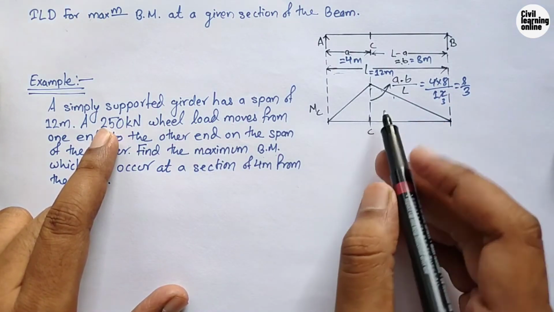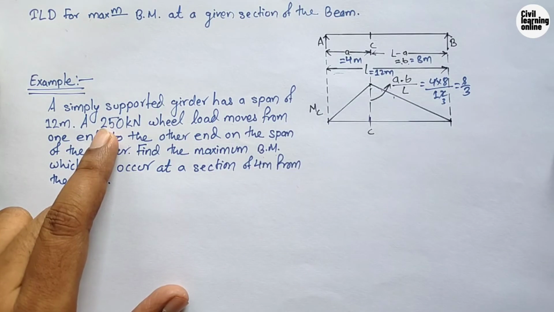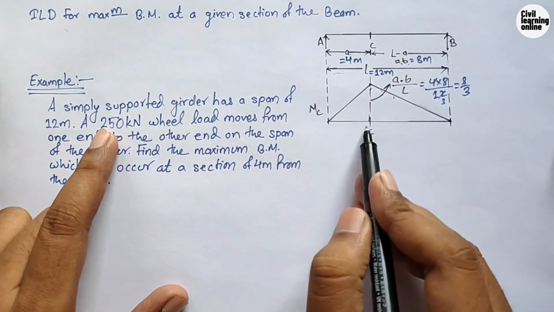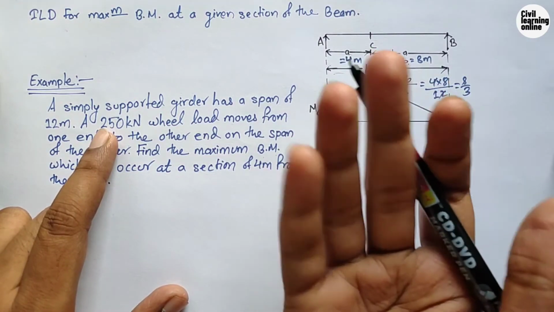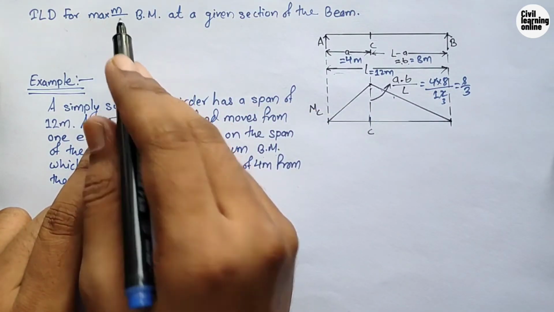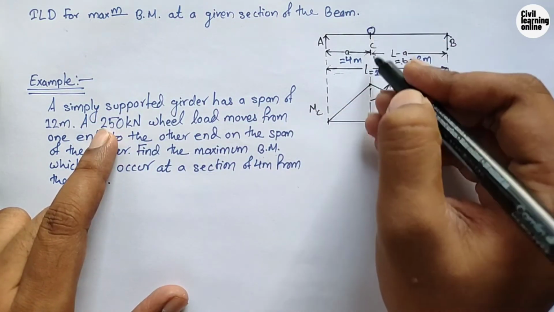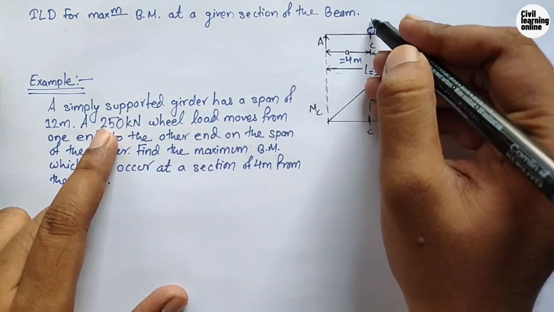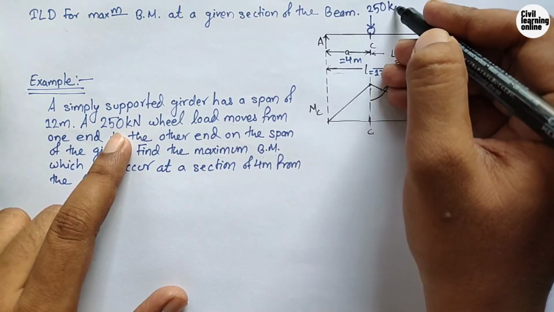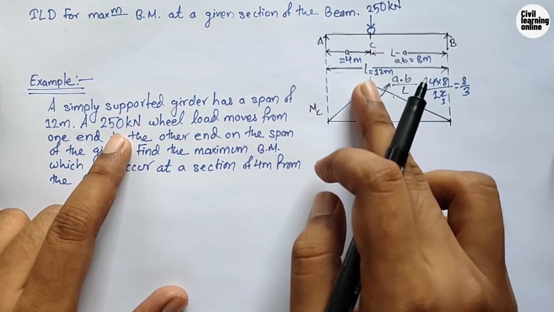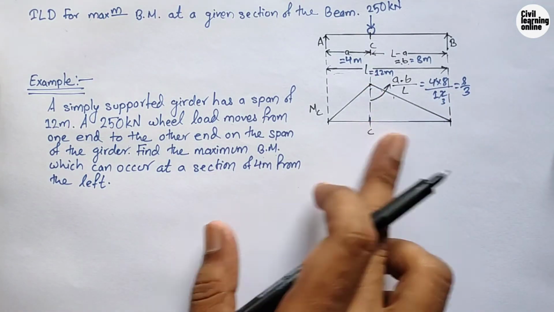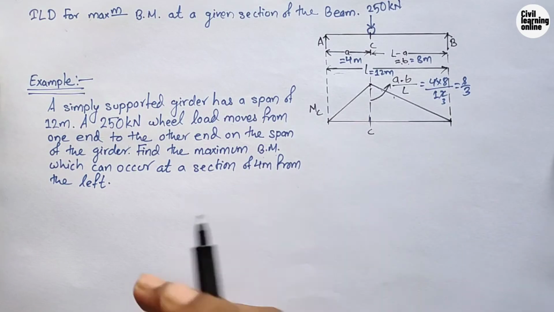Similarly, as we proceed toward the right of this value or the left of this value, our ordinate value decreases automatically. It means that to get the maximum bending moment, we have to place our point load under this value, because this is the highest value of the ordinate. So place the point load of 250 kilonewton at point C, because the highest value of the ordinate is 8 by 3, which is maximum, and as we proceed either right or left, the value will decrease automatically.